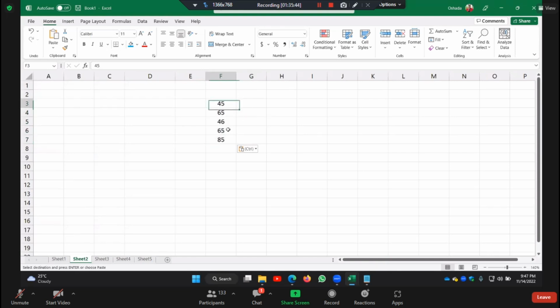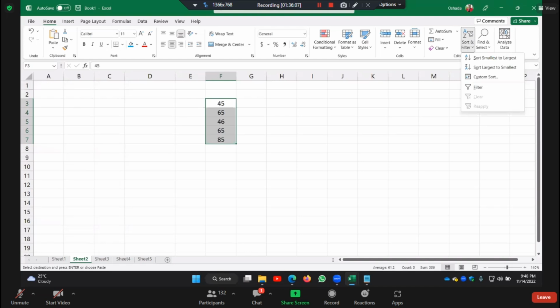If we have some data here, we can sort and filter it according to our preference. Now, if we want to sort or filter this data, in the Home tab we have this Sort and Filter option